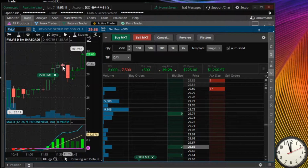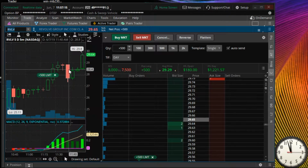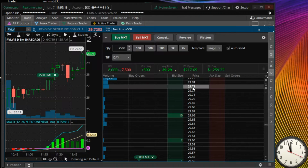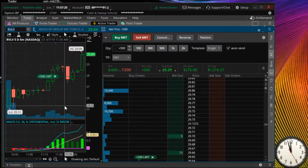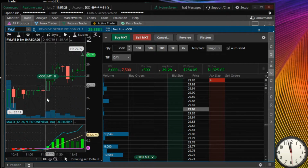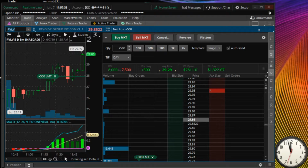I bought it and made 50 cents. I sold it here, 28. I bought it here and sold it here, and even another dollar from there. I ended up chasing it. So now I'm gonna try to sell, and maybe I won't sell at 30. Maybe this thing could do one of those blow offs. Maybe it'll go 30 and continue to run, because it looks like